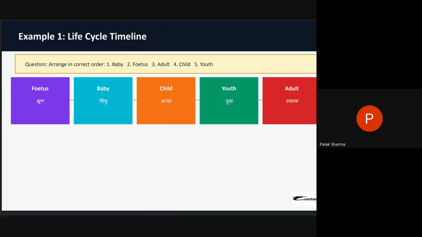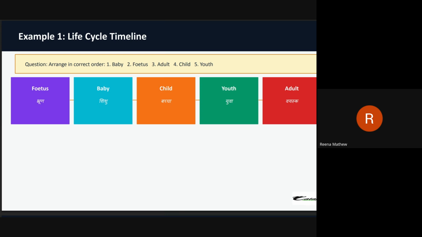Rina, someone's asking what is fetus. Can you please tell them what's fetus? Okay, so it is a fetus, matlab it is an offspring that has not been born yet. So it is a stage before a baby. Fetus is what comes first. It is an offspring that has not been born yet. That is what develops into an embryo and then it grows into a baby.